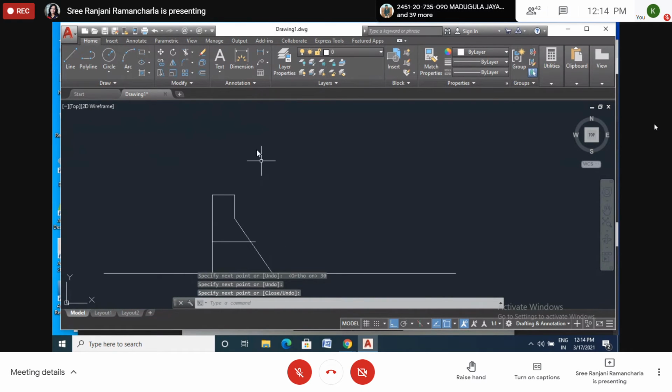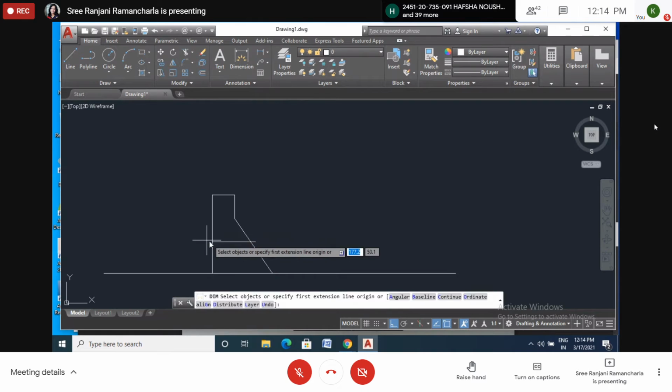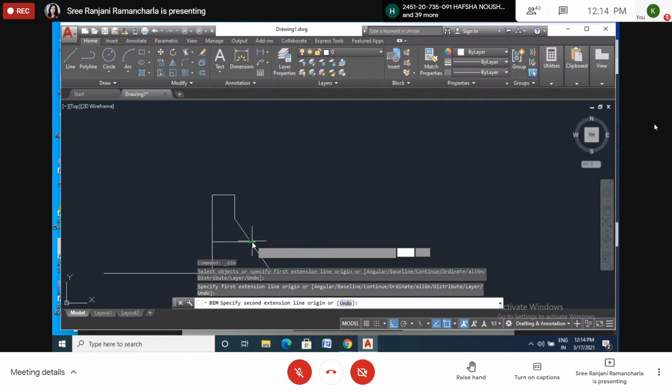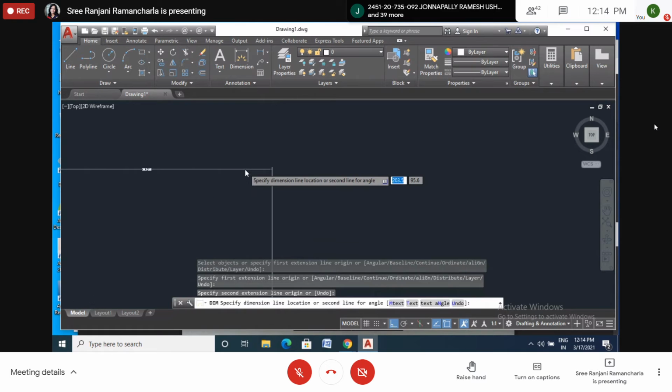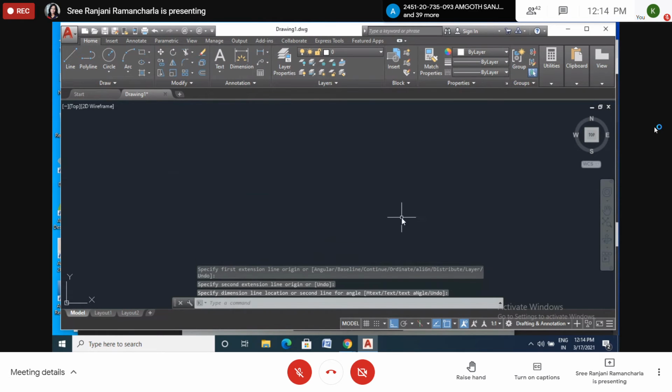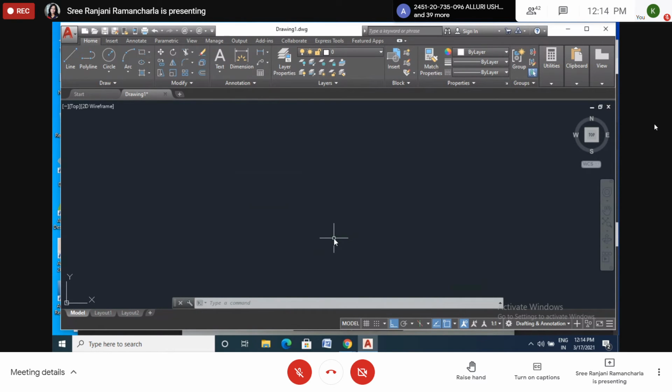Now you can measure this one. So for this one I have to set the dimension line. First I will change the dimension style here. Just wait for 1 minute. Okay.